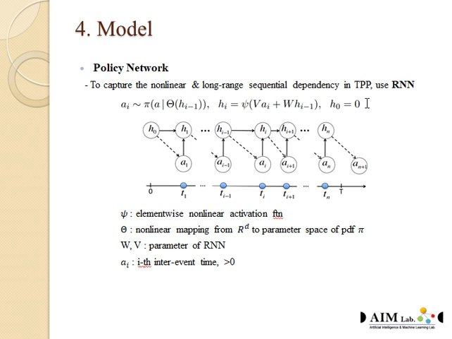The model of the policy network is the following. To capture nonlinear and long-range sequential dependency in the temporal point process, which is called TPP, we use an RNN to analyze it. So A_i, which is the action from the stochastic policy, and A represents the actions, and this is the parameters,